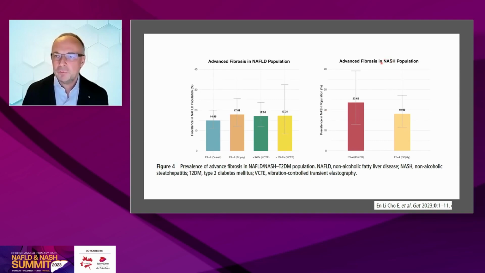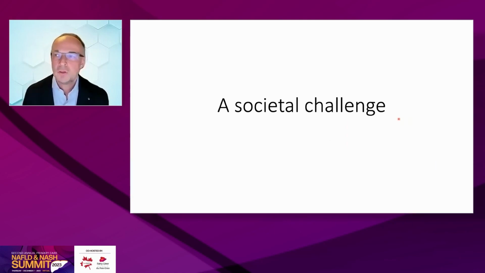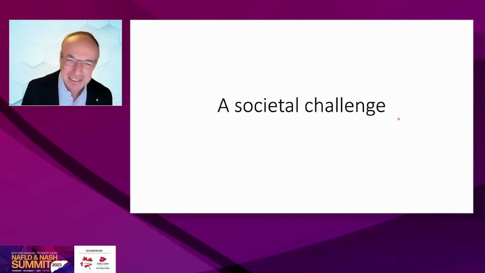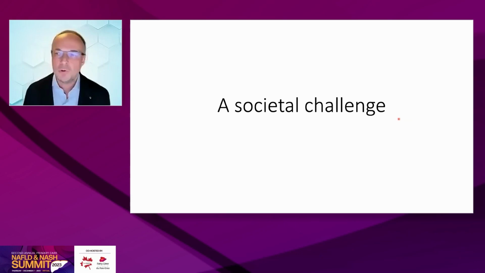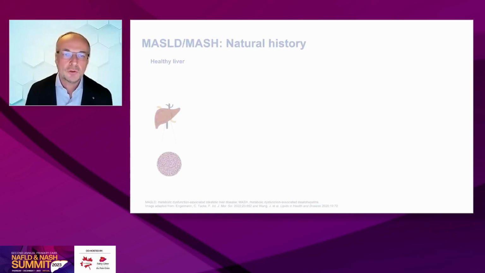And the same here, if you look at a population where you already know they have NASH, it's actually a significant proportion that have these. So it shouldn't be too difficult to find, and yet this has important implications for the patients. But it also means it's a societal challenge, and why this awareness and what we do in policy, also in societies like EASL and EASLD and many others, trying to push this from society,